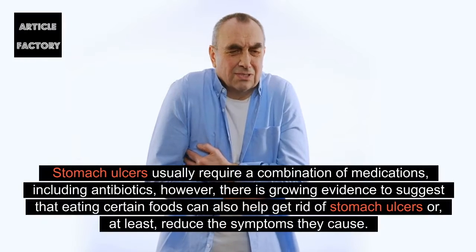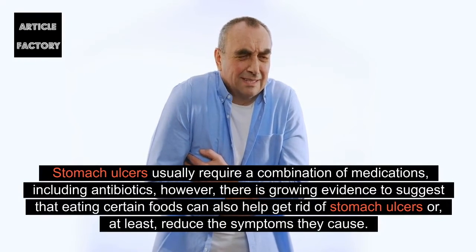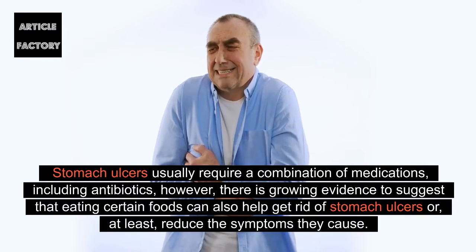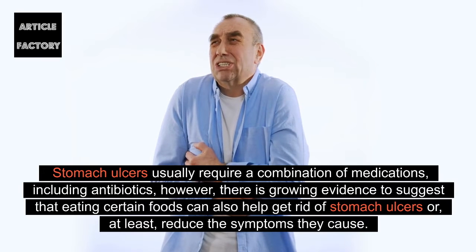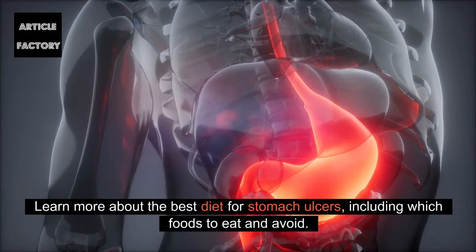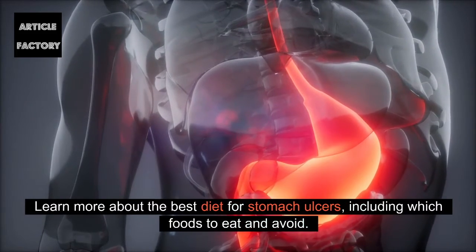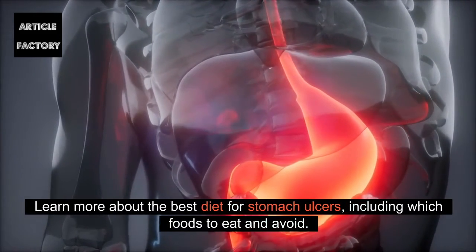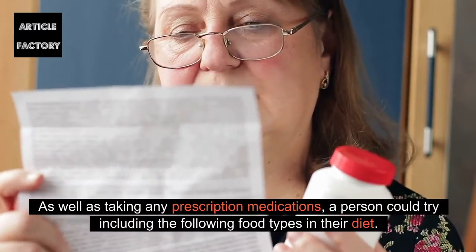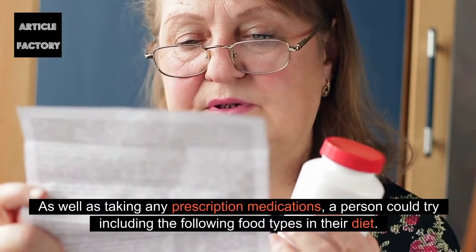Stomach ulcers usually require a combination of medications, including antibiotics. However, there is growing evidence to suggest that eating certain foods can also help get rid of stomach ulcers or, at least, reduce the symptoms they cause. Learn more about the best diet for stomach ulcers, including which foods to eat and avoid. Foods to eat. As well as taking any prescription medications, a person could try including the following food types in